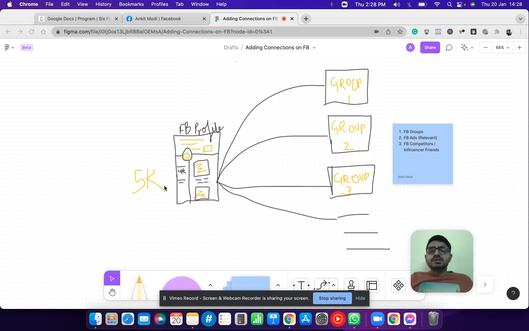It can be business owners. If you are into the wealth niche, it can be those people. If you're into health niche, it can be people who are looking to lose weight. Or it can be anybody else, if you're into relationship, like if you're looking to help solve marriage problems, right? So you're into relationship niche, so you can add people who are in similar groups, right?